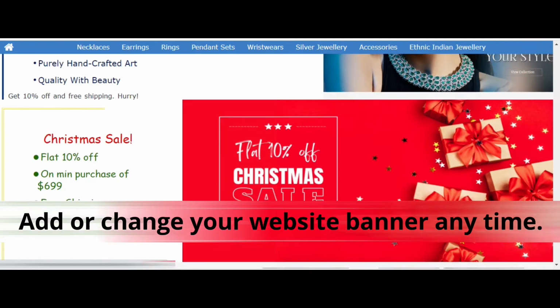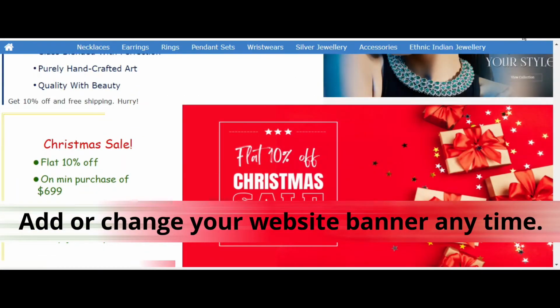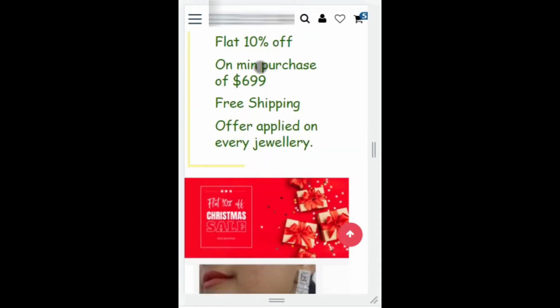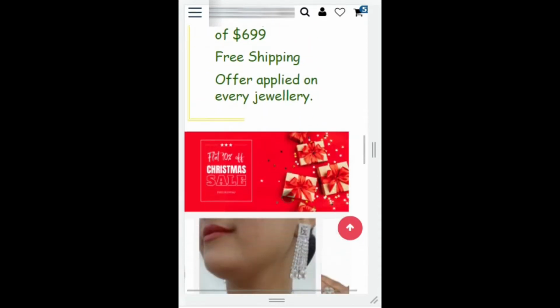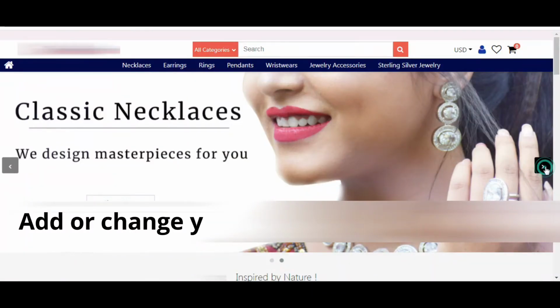What matters in this new world is everything needs to be super fast. For a swift loading on your website, here we have made a different window where you can add banners specially for mobile view in the suitable size. This will help Google too to keep your website in higher rank in search results.